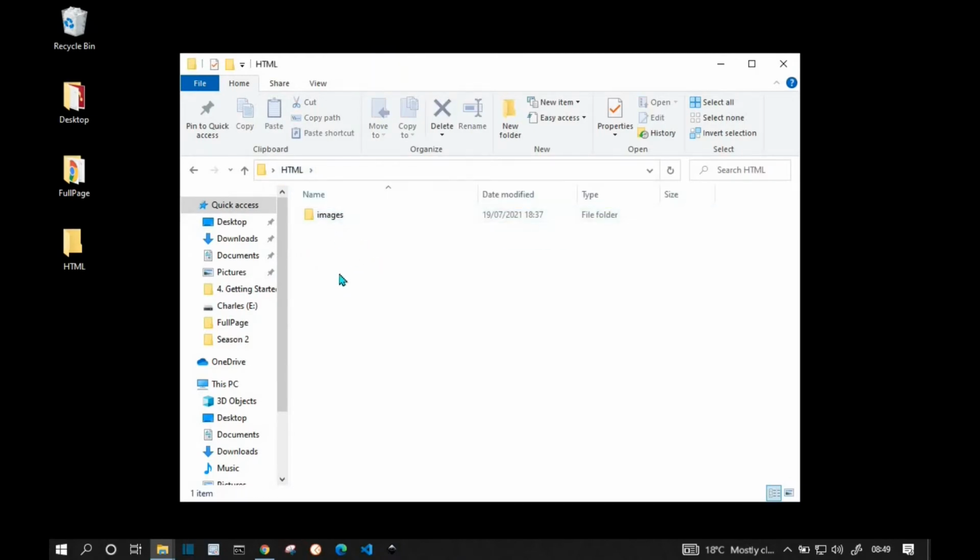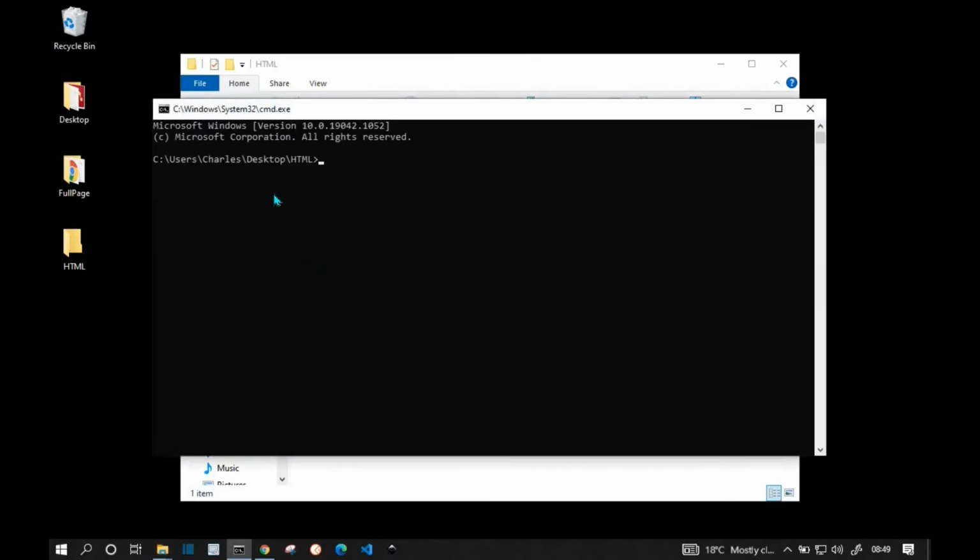Now before we add any HTML file, in the last video about Visual Studio Code, I showed you several ways in which you can open a project with Visual Studio Code, and the one that I mostly like is to just come at the path here, type cmd, hit enter, and this will open that path on command prompt. And then from the command prompt I can just use this command, which is a Visual Studio Code command.